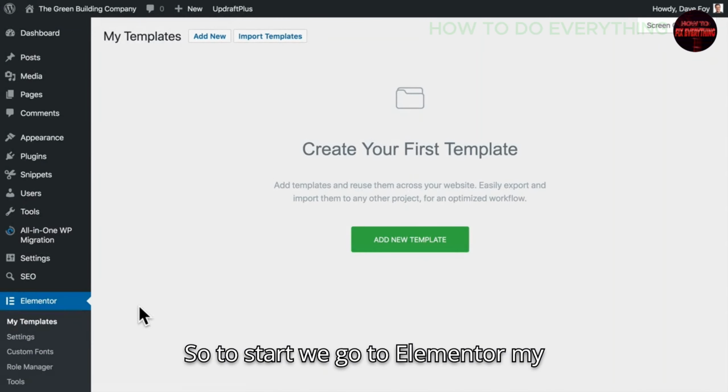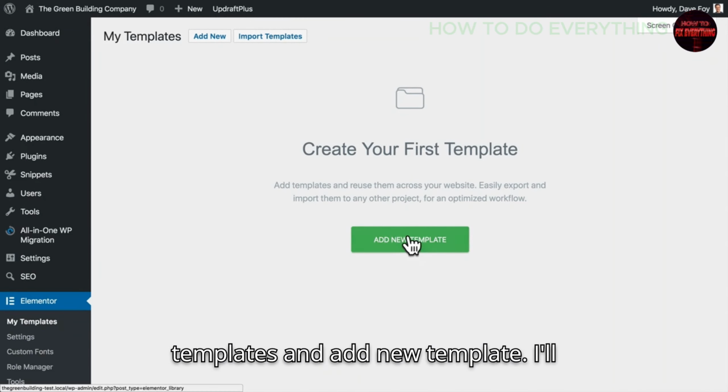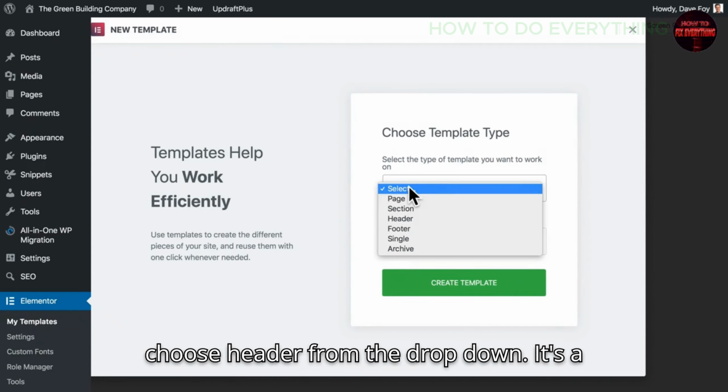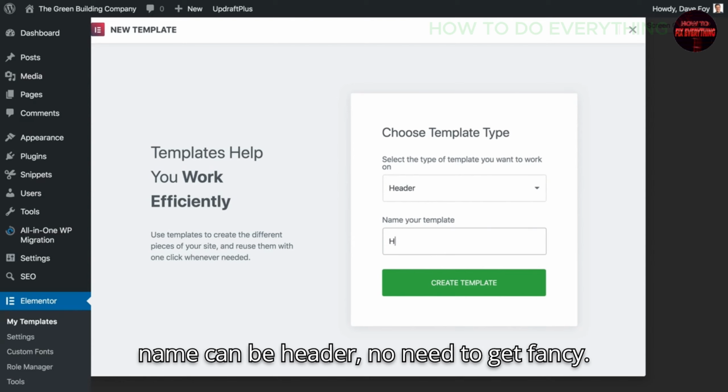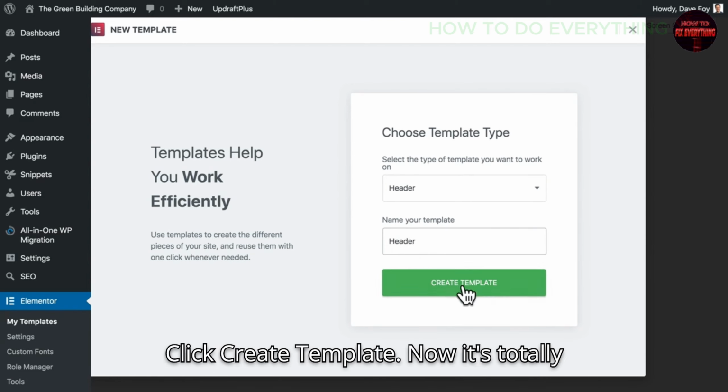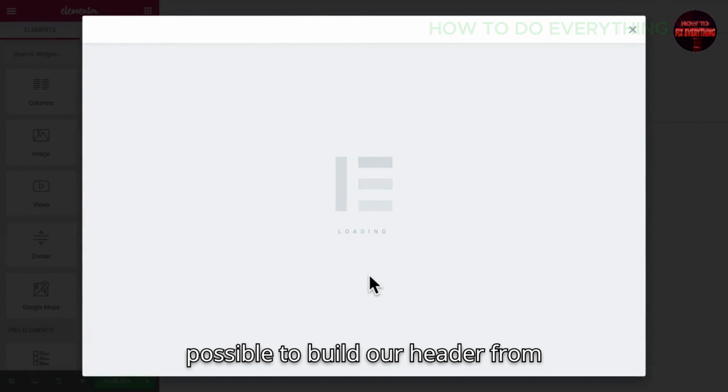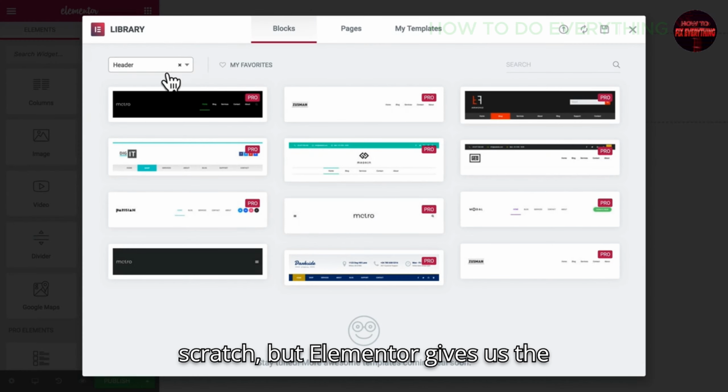So to start, we go to Elementor, My Templates, and Add New Template. I'll choose Header from the drop-down. It's a header template we want to build. The name can be Header. No need to get fancy. Click Create Template. Now, it's totally possible to build our header from scratch, but Elementor gives us the choice here